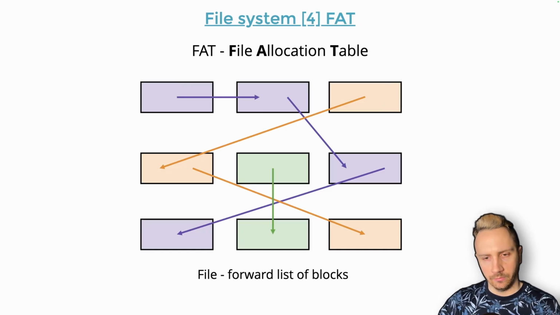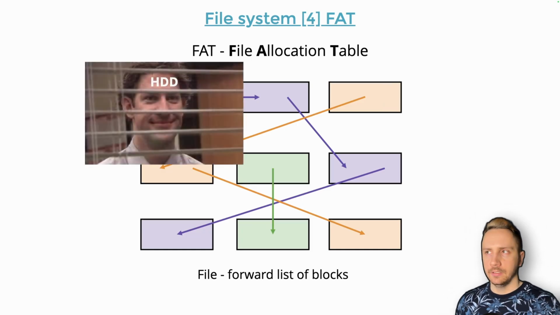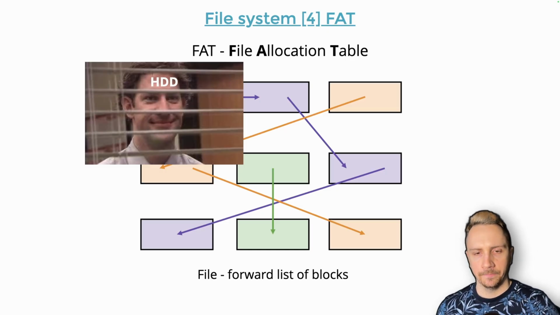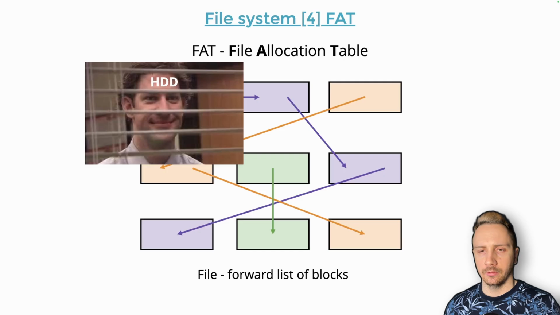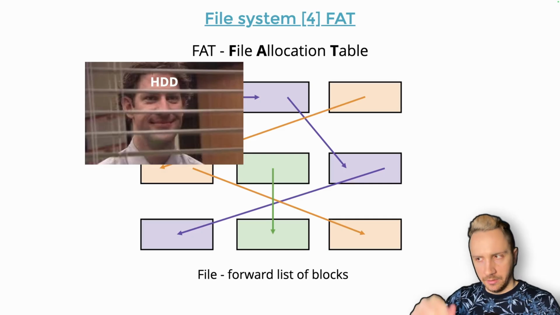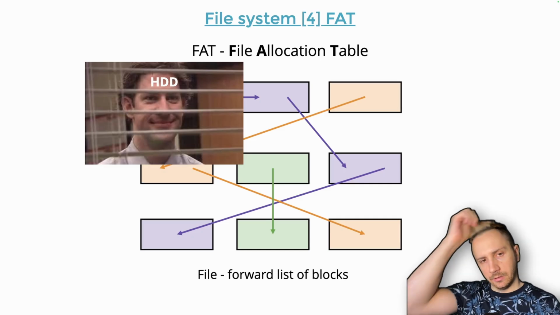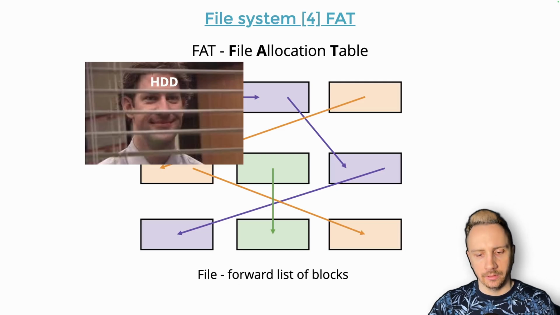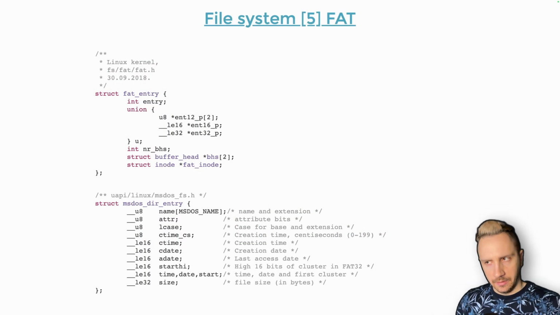As I explained before, on HDDs it's going to be very, very bad, because if the sequential reading of those blocks will actually require multiple spins of the magnetic disk, then you will read one file very, very long. It's going to be extremely slow. On SSD, probably it will not be too bad, but on HDD, the FAT file system eventually will degrade very, very badly. Nonetheless,